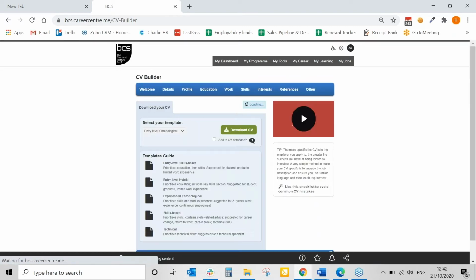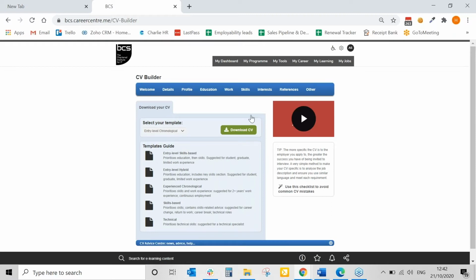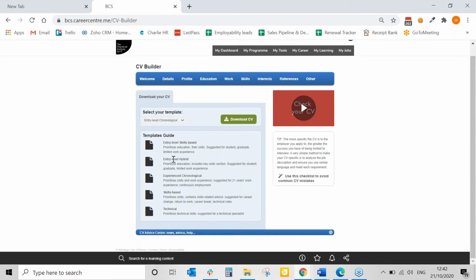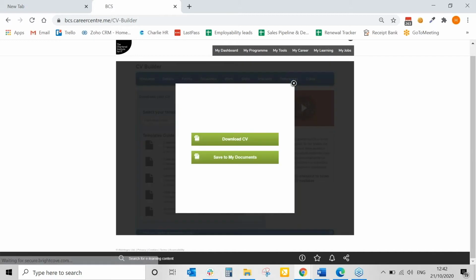So if we now download that, click the download CV button, you can see there's 5 different types of template here. And so what we'll do is if we click up here, I'm just going to do an entry-level hybrid CV template, and then if we download it,